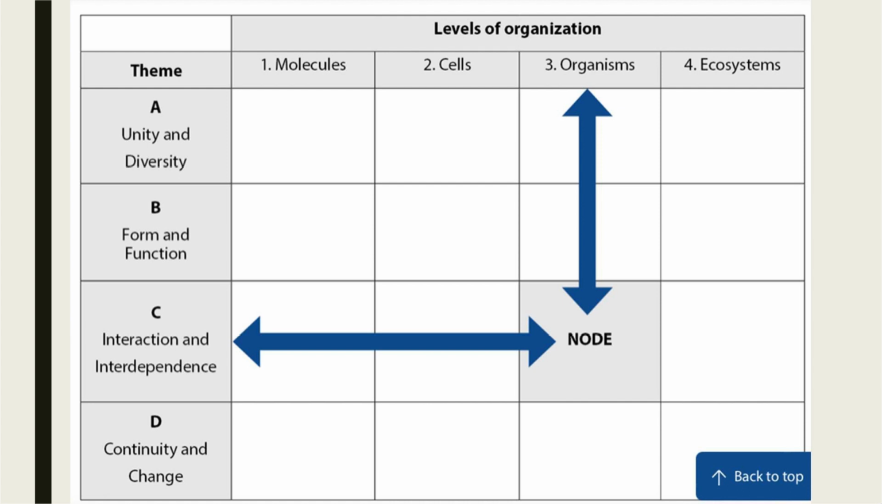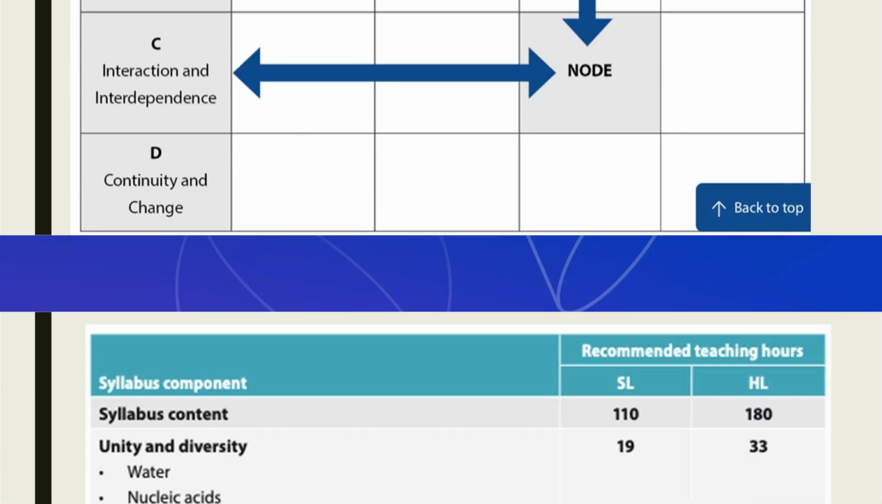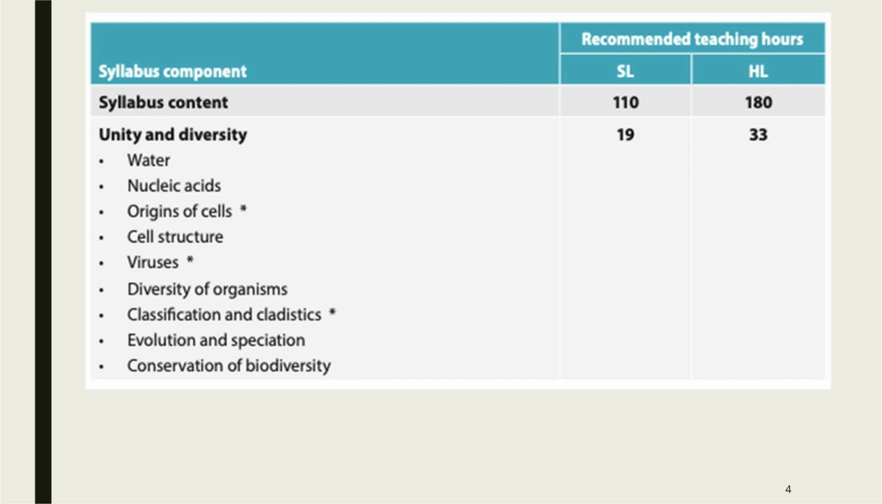So overall, based on the themes and levels of organization, there are 40 topics of the biology course that are arranged in this roadmap, which is illustrated here. When we're looking at the syllabus component, we see that the teaching hours for SL and HL are, of course, different. There's only a 70 hours difference between the SL and HL learners. And when it comes to theme components,